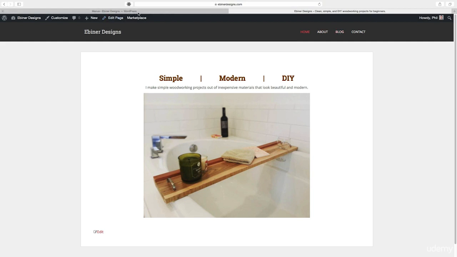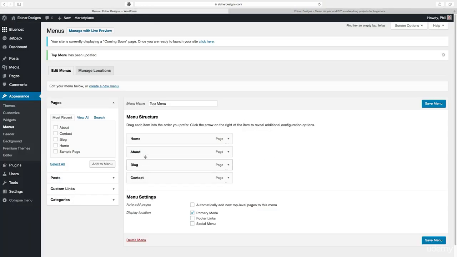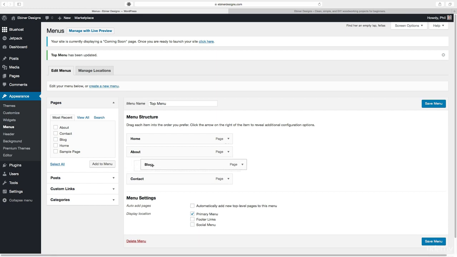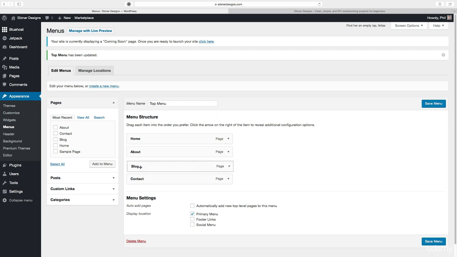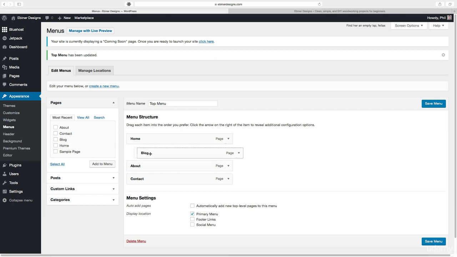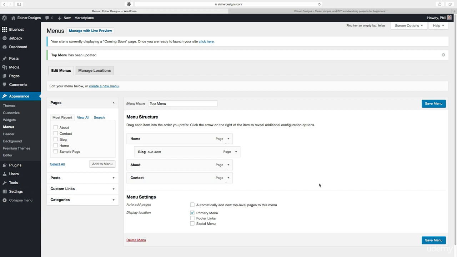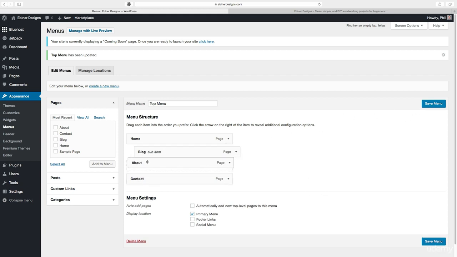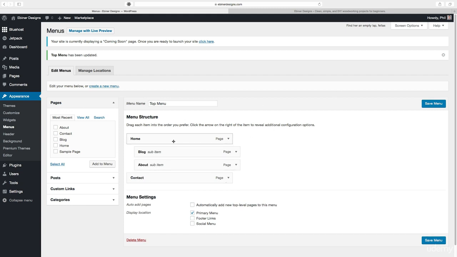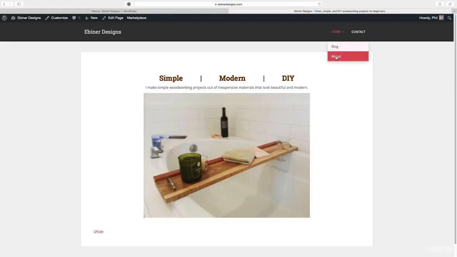Say we want to add a sub menu, meaning we hover over a link and a few more options pop up. What we can do is put any of these as a sub menu by just dragging, and you can see that there's two different spots I can drag it to. One is the top menu or the top option, or if I drag to the right a little bit, there's a spot where I can drop it as a sub item. So now if I save this and say I put this like so, these two, blog and about, under home, and save this menu and refresh, now home has a sub menu.